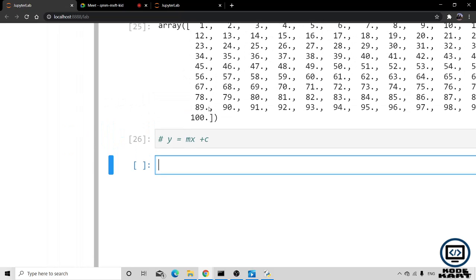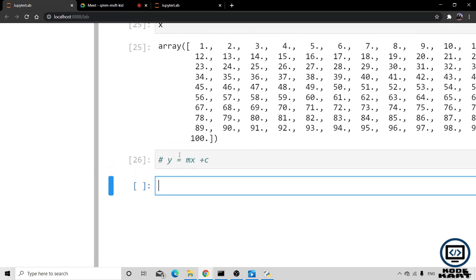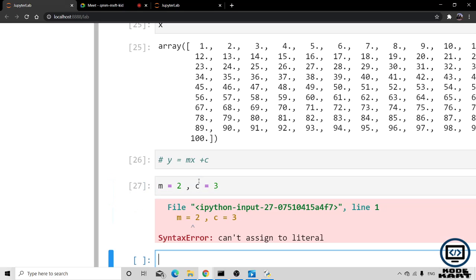We want y values from mx plus c, because we have x now. Let's give some slope, m equals 2 is fine, and now let's say c equals 3.